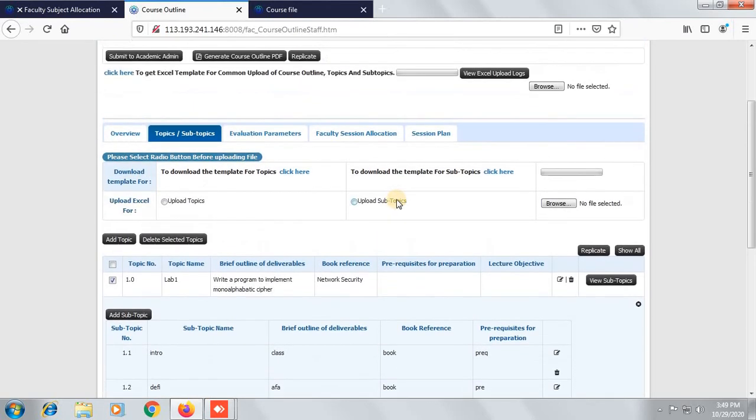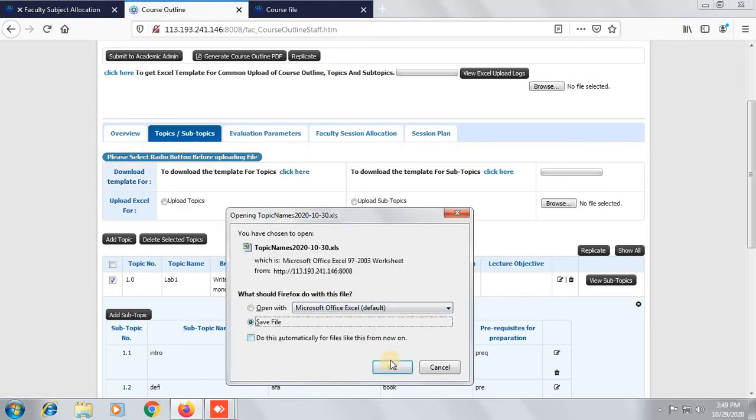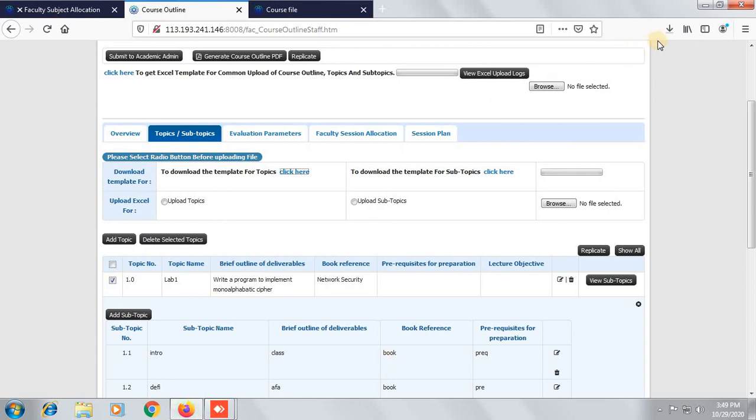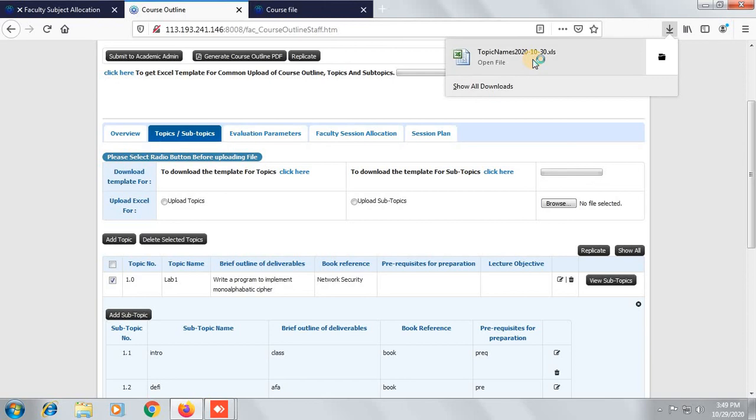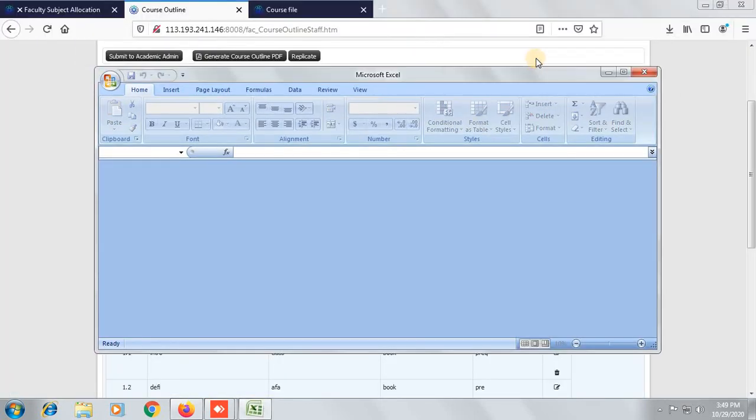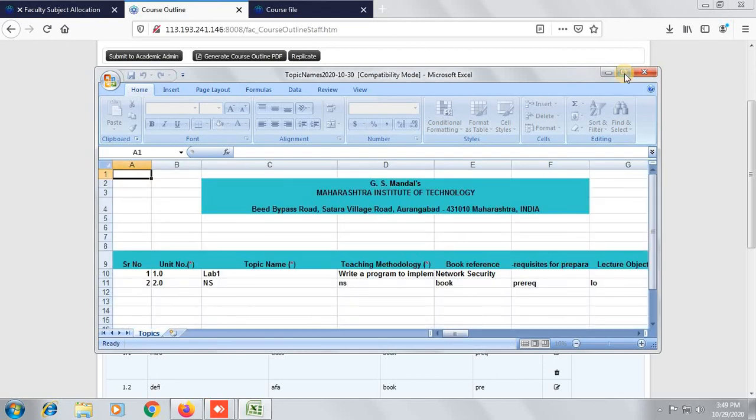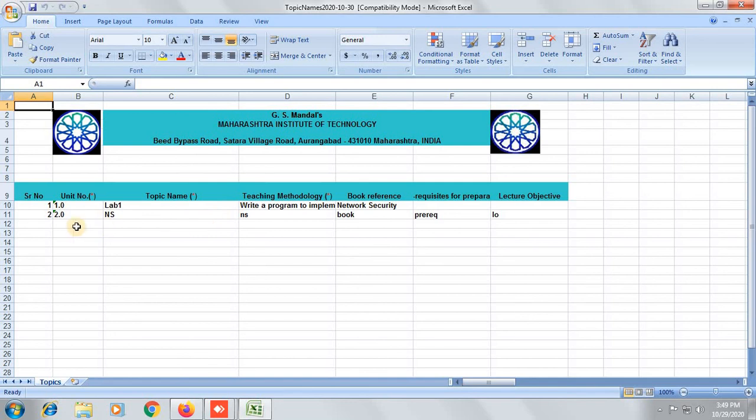There is another option. With the help of an Excel sheet also, you can upload topics and subtopics. For that purpose, if you want to upload topics, click here to download the template. It will download the Excel sheet template. You have to open that template. Now we will add topic number 3 with the help of this template.